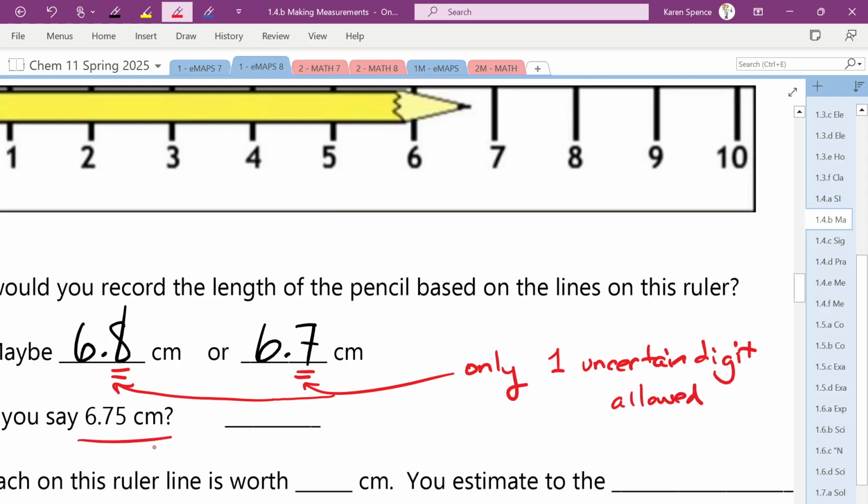So could we say 6.75? The answer is no. So that's one way you can figure out: you can go to the point ones. The other way is to say, what is my distance here between line and line? My distance is 1 centimeter, so I can